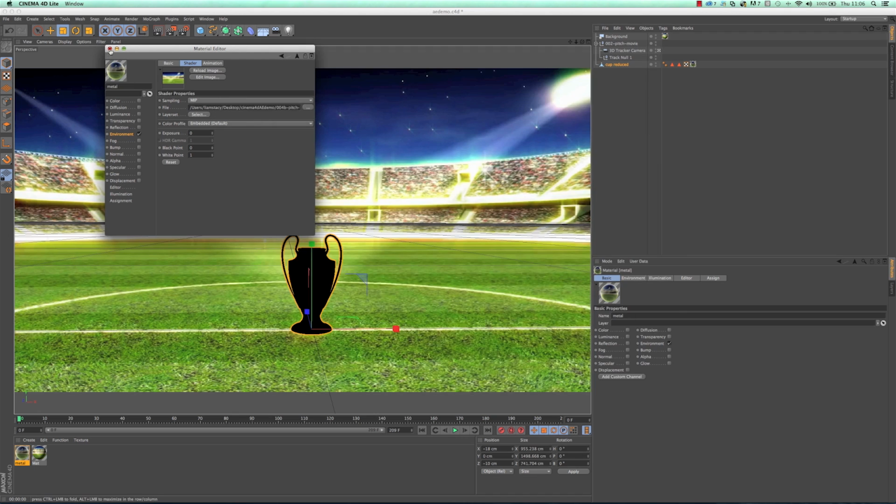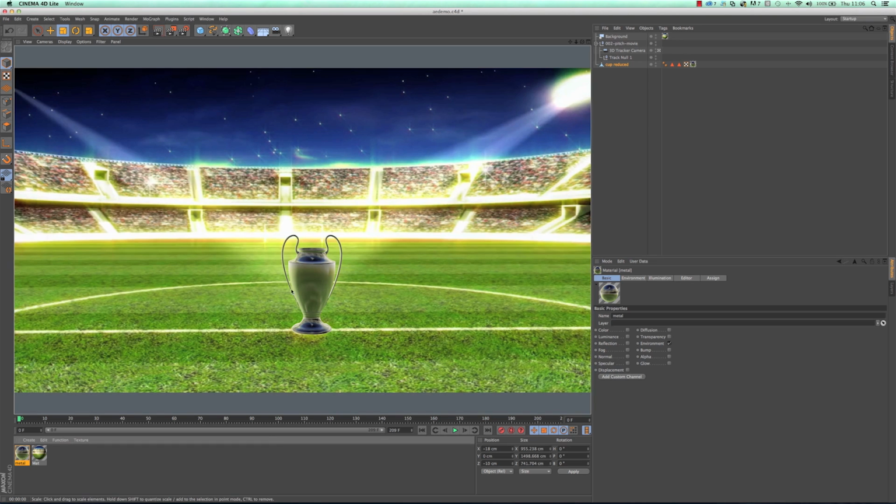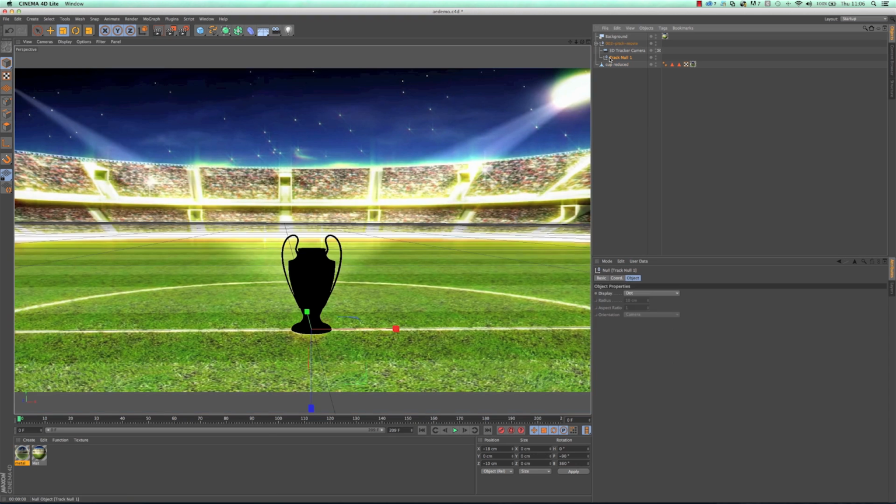There are texture managers and stuff to help you find lost textures, and this is particularly problematic if you pull textures from other things, but there we go, that's a typical thing you can run into. That's how you can fix it. So if we now hit the render button, this is the render button, we see we have this nice material on the cup, and we have some problems to solve here. But the first thing was, okay, well, why is there such a big difference between the editor and the renderer?